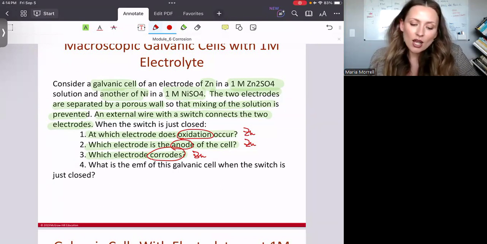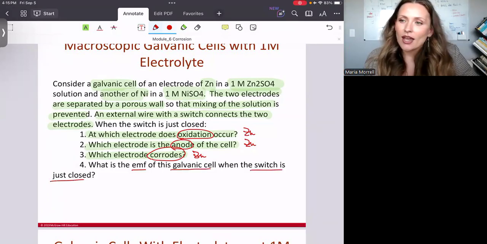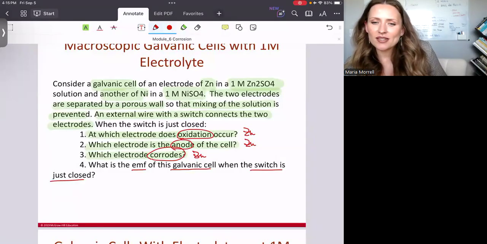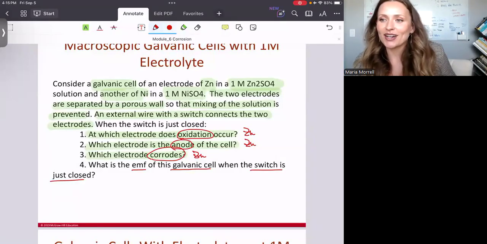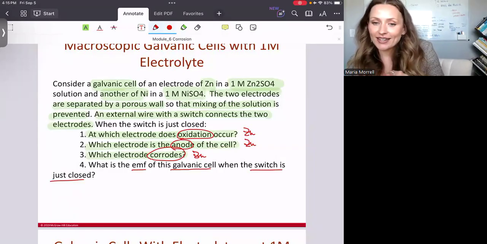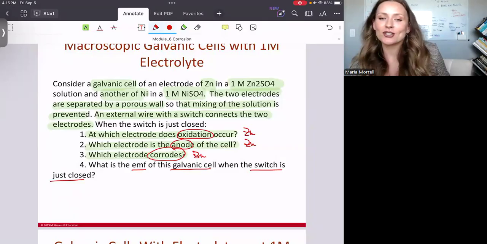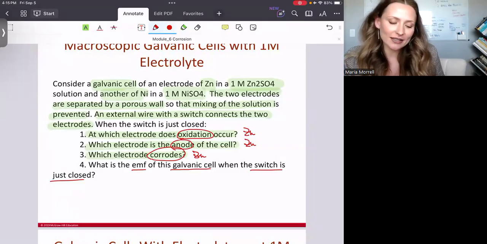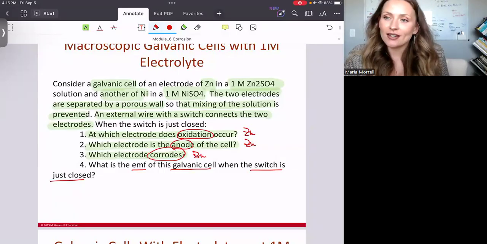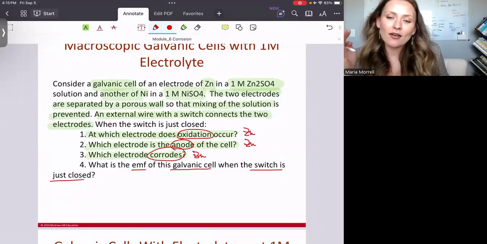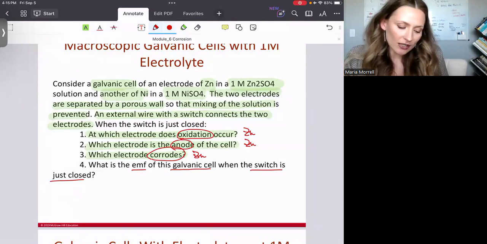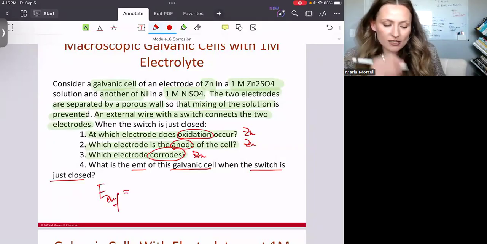Now, the final question is, what is the EMF, and that is the total potential of this galvanic cell when the switch is just closed? And I know that now you're probably thinking, why does she keep saying just closed? Later on, we'll find out that there is a difference when you let the corrosion continue, right? We'll get there. But for now, just keep in mind that once you close the switch, that's when we take the number, right? Well, that means that the total potential of the cell is going to be